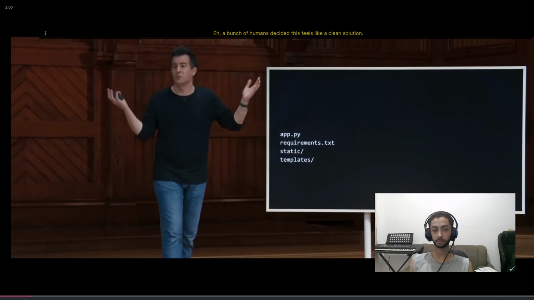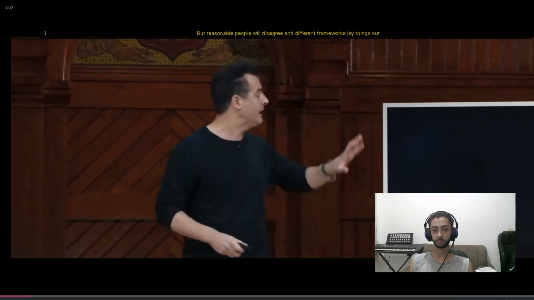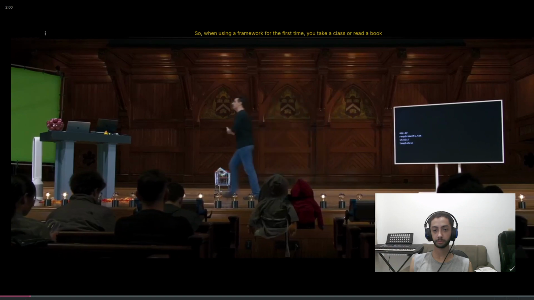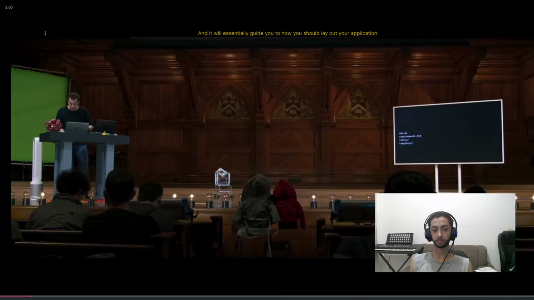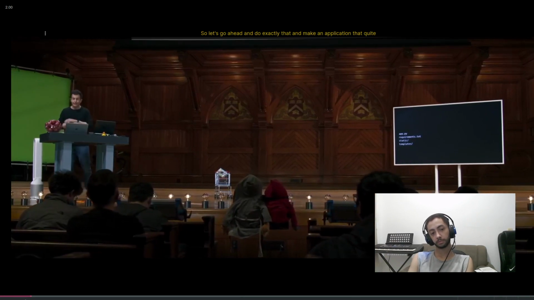Why is it this way? A bunch of humans decided this feels like a clean solution, but reasonable people will disagree, and different frameworks lay things out differently. So when using a framework for the first time, you sort of take a class or read a book or read the documentation, and it will guide you to how you should lay out your application. So let's go ahead and do exactly that and make an application that quite simply, and by design underwhelmingly,